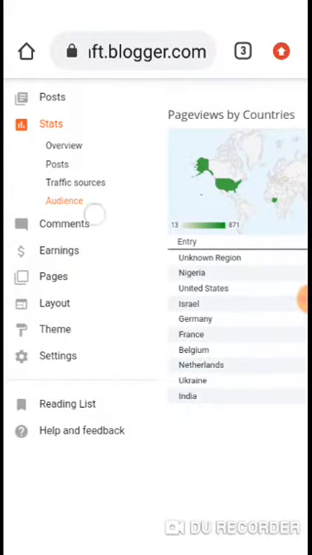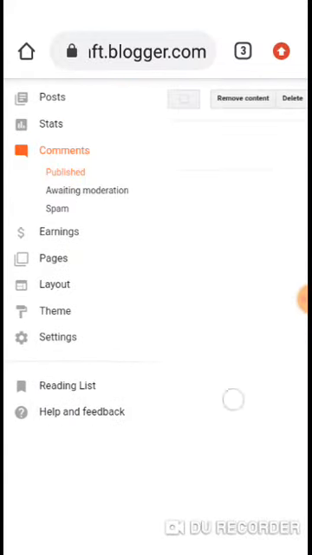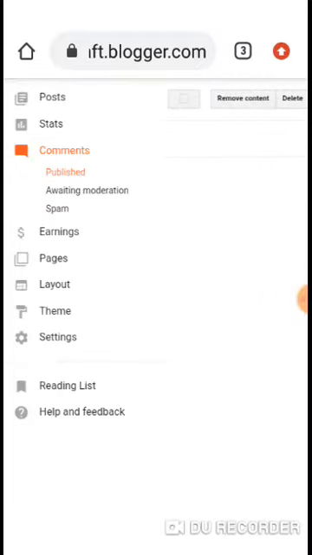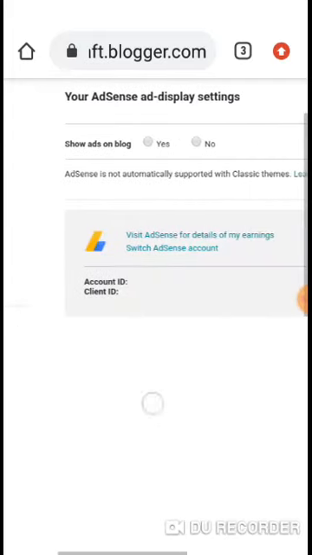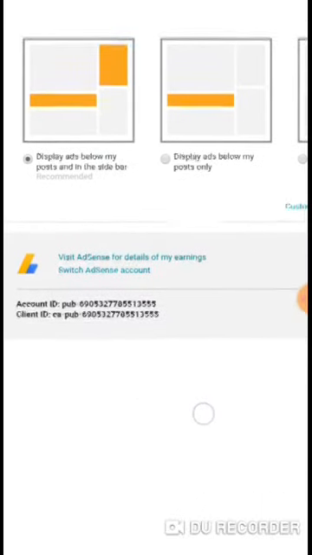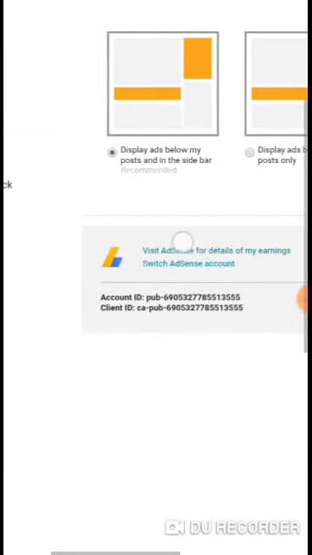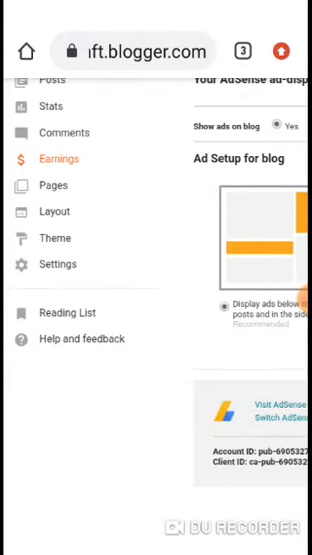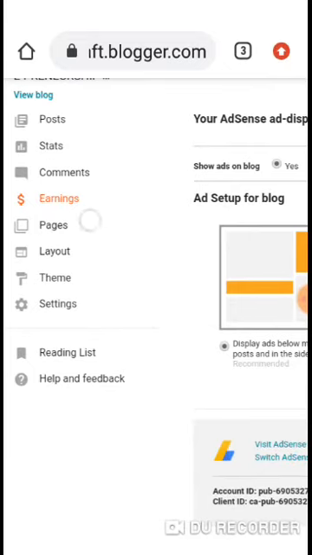So of course, comment is about comment moderation, where you see comments if people comment on your site. Earning, you don't have anything to do with earning now until you qualify for a Google AdSense account. So you see I've qualified for Google AdSense account. I can visit this place to see my earning anytime, any day. So we're not much interested in that now. Okay,